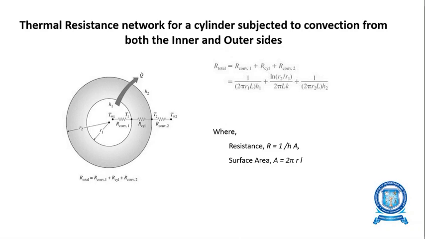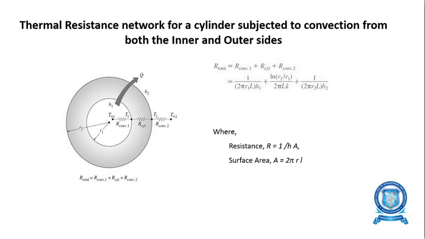As we know, for the convection resistance the formula is 1 by HA, as we have studied in the previous sessions. For conduction, L by KA, and for convection, 1 by HA. Here we have considered the hollow cylinder, the cylindrical element. Therefore, A is equal to pi d L, the surface area. We are considering not a cross-sectional area, since the heat is transferred at the surface itself. So the surface area A is equal to pi d L or 2 pi r L.